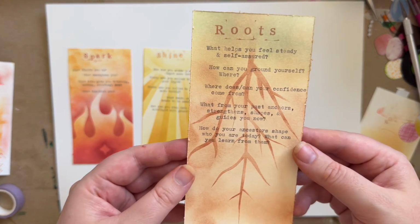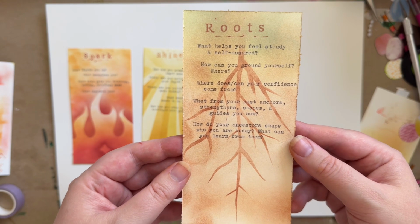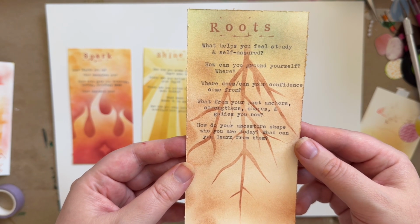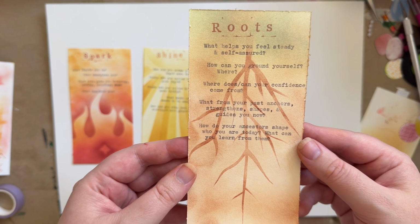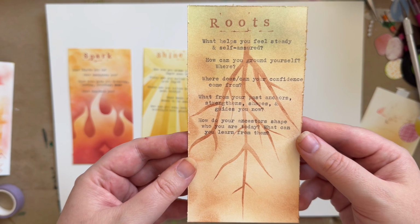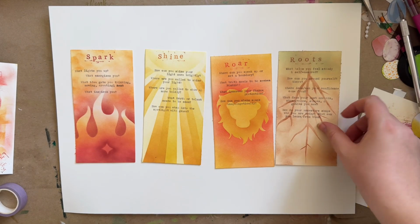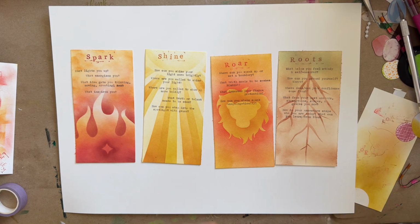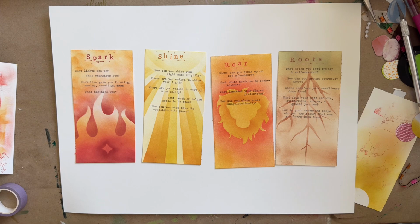And Roots: what helps you feel sturdy and self-assured? How can you ground yourself? Where does or can your confidence come from? What from your past anchors, strengthens, shapes, and guides you now? How do your ancestors shape who you are today? What can you learn from them? And that is what we will use for our Leo season tarot spread, which you can also use with oracle